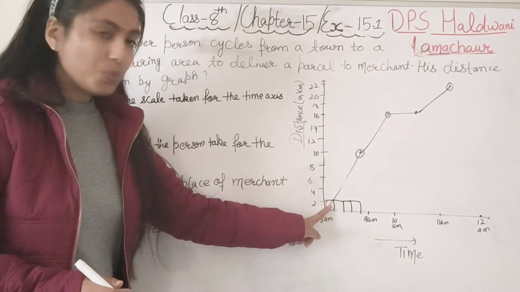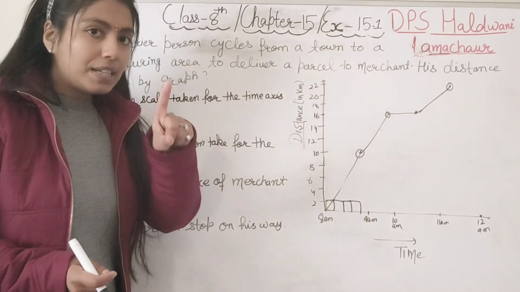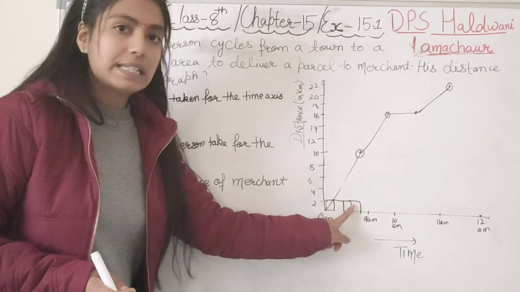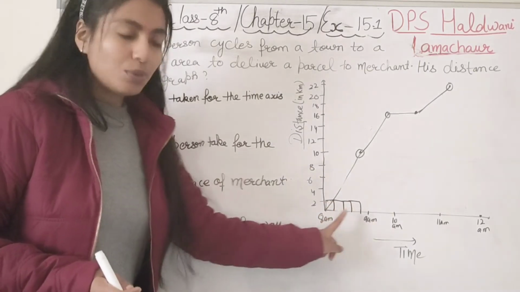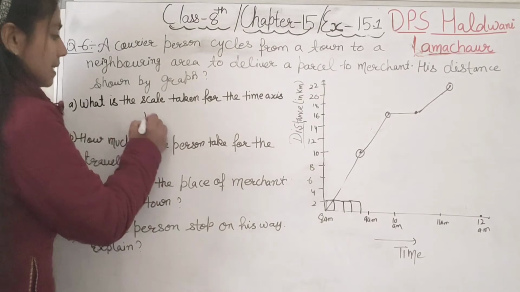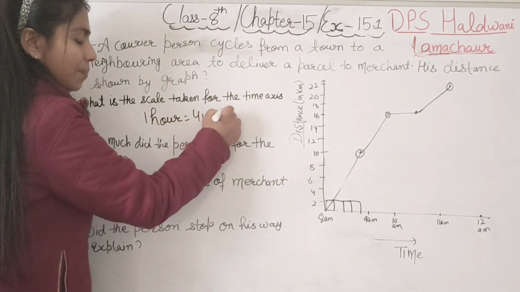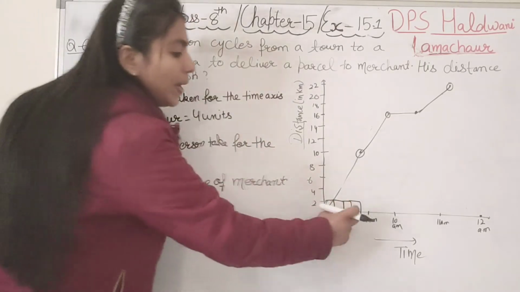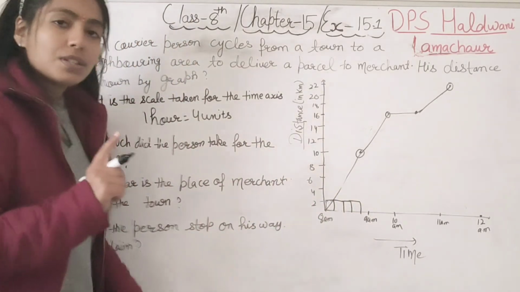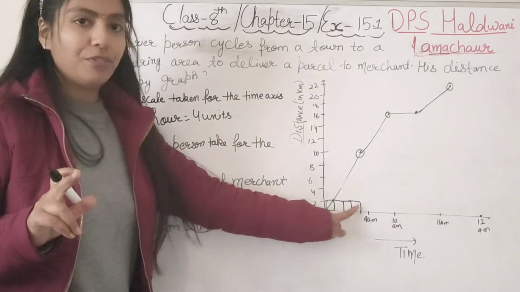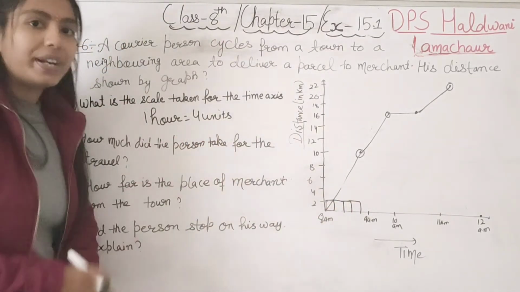So from the square you can see square distance is 1 centimeter, everyone knows. In the same manner we have 4 square distance in between 8 to 9. So it means 1 hour is equal to how many units, student? 4 units, right? Because we have taken 4 square distance. So you know 1 square distance is 1 centimeter. So 1, 2, 3, 4. So 4 units is equal to 1 hour.